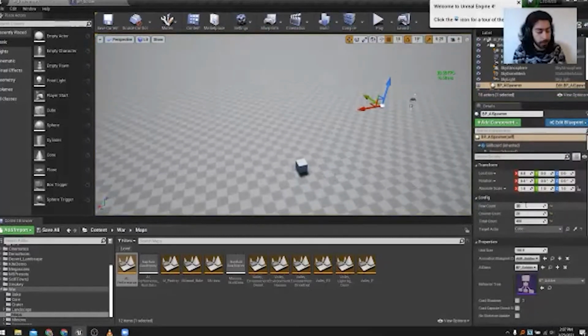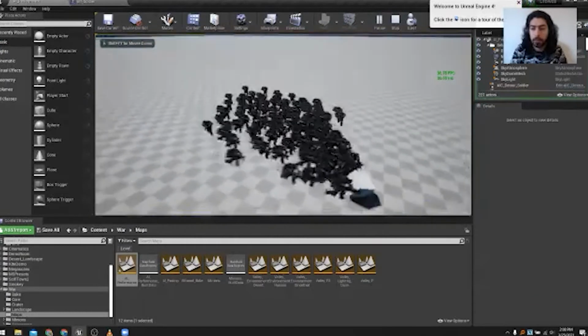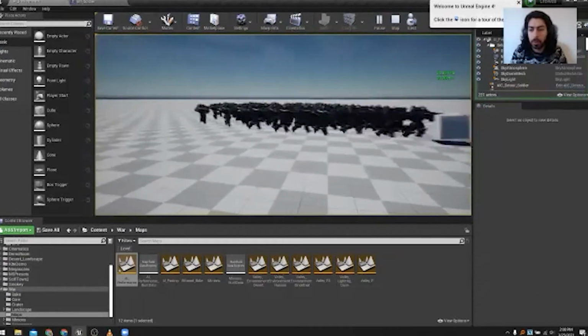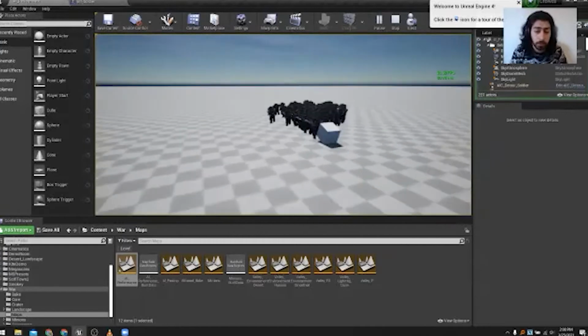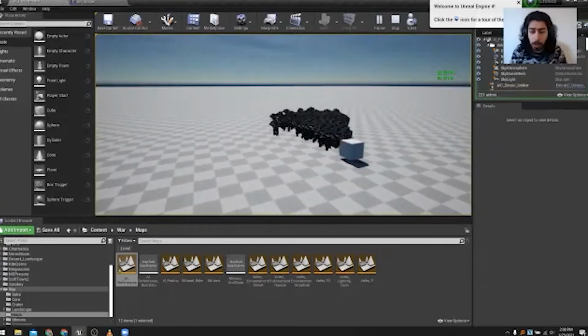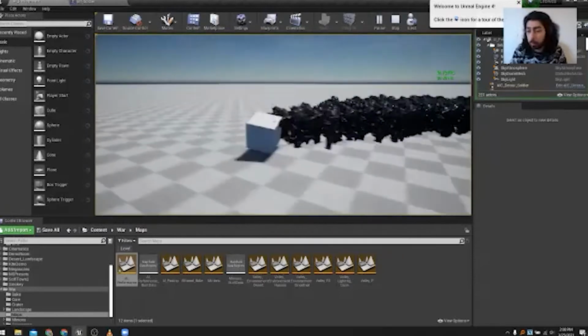Let's start basic with 100 AIs. That's how you usually have it in games. And right now you're having around 34 FPS. By the way, just to give you some background, I'm running this presentation on my laptop, so it also depends on your computer speed.